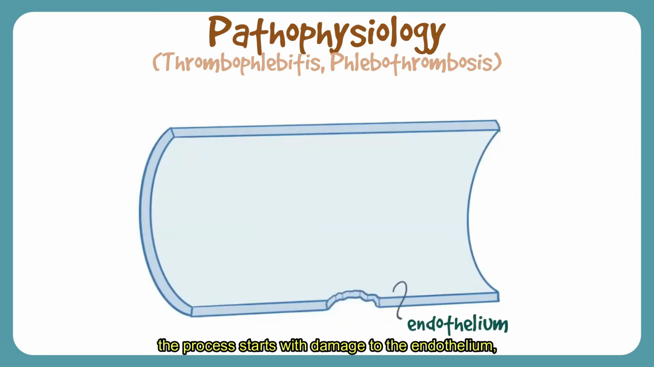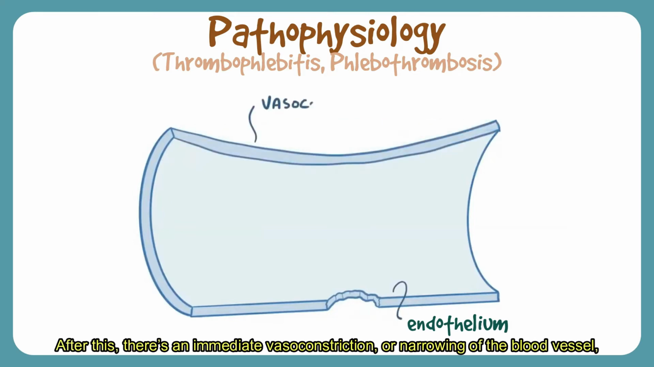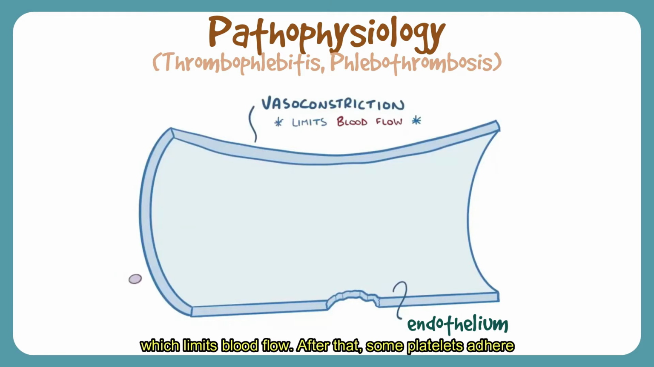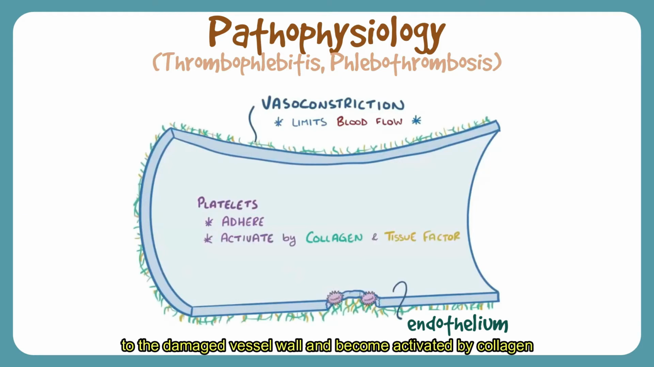The process starts with damage to the endothelium, or the inner lining of a blood vessel's walls. After this, there's an immediate vasoconstriction, or narrowing of the blood vessel, which limits blood flow. After that, some platelets adhere to the damaged vessel wall and become activated by collagen